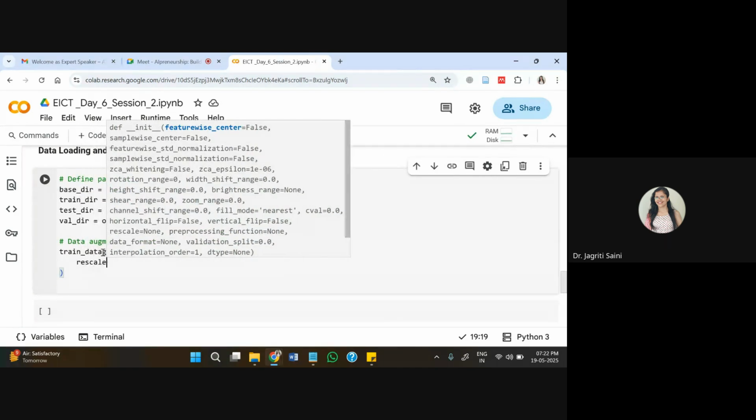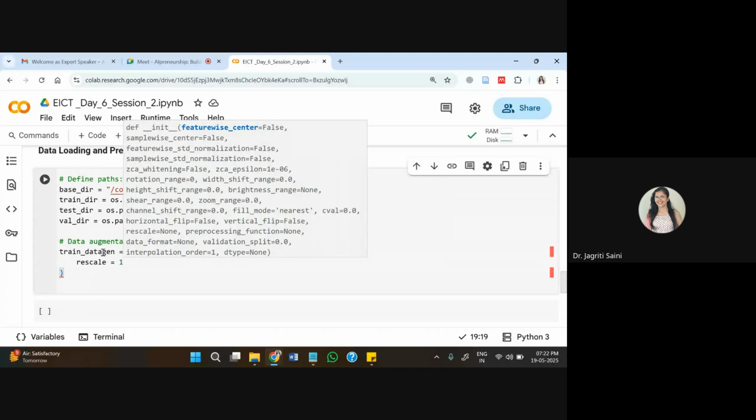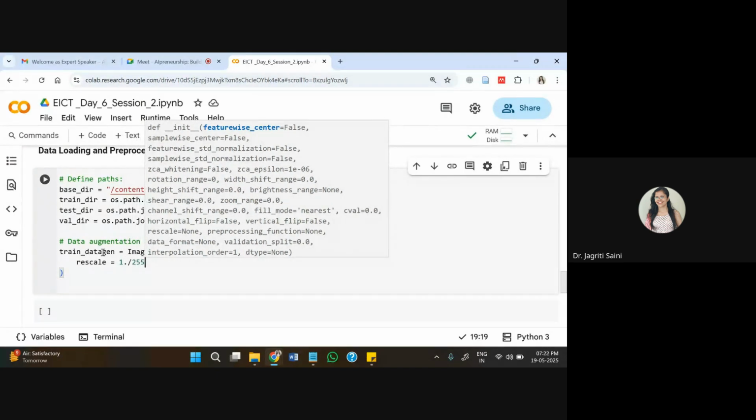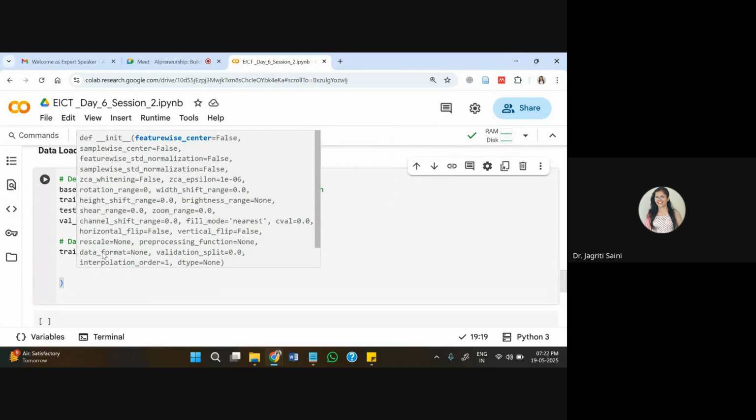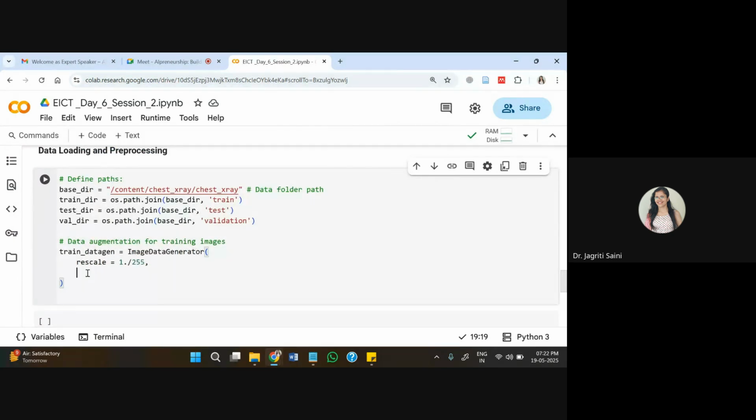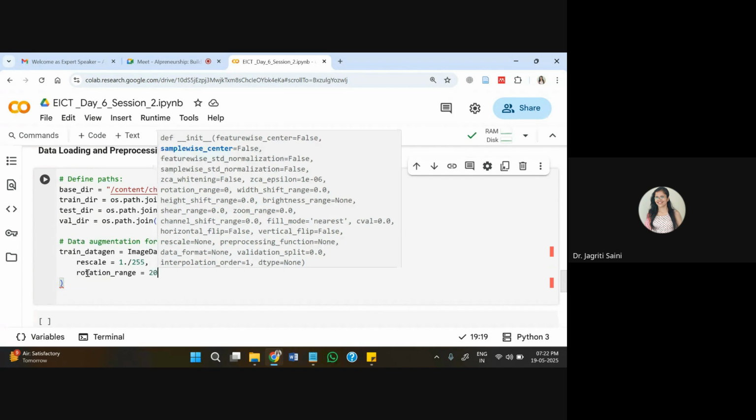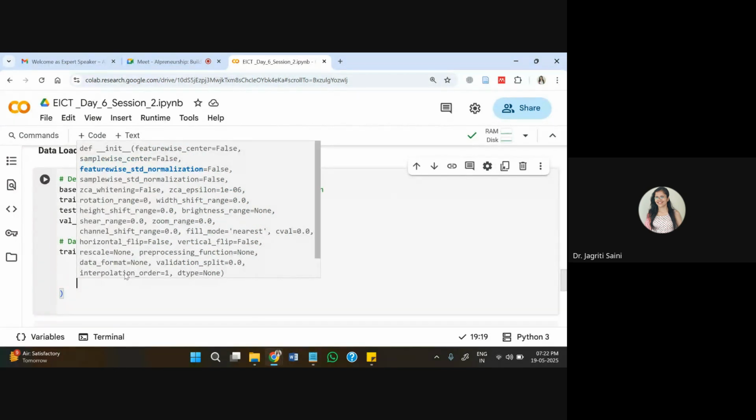Inside this, I'll pass all the operations that I want to conduct on my data. One is a rescale option. You can pass different numbers into this. I'm just using some techniques here based on what type of data we have. A rescale technique I have passed. Similarly, rotation range I'm passing. There are plenty of parameters that you can pass within the ImageDataGenerator.